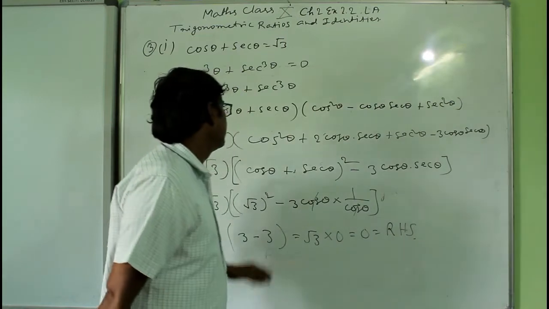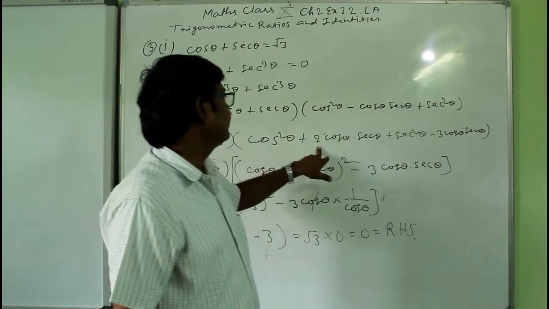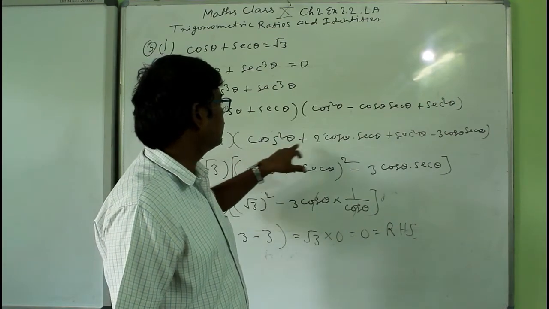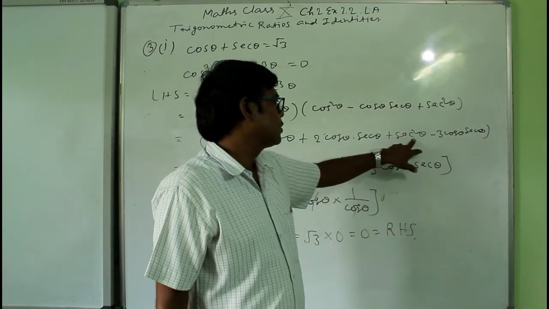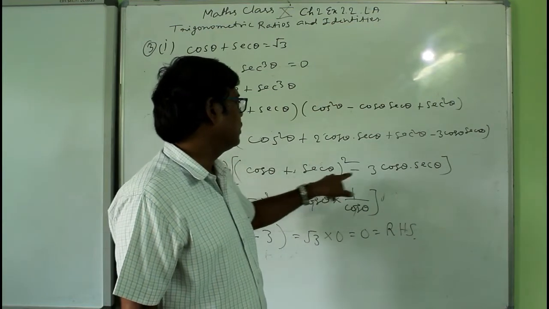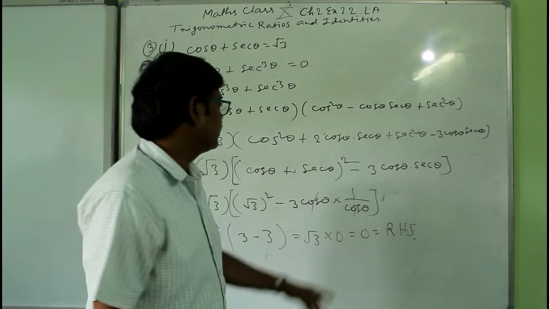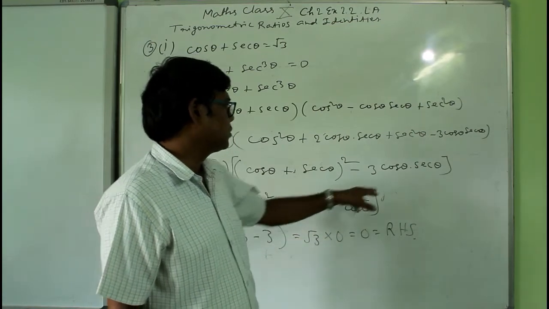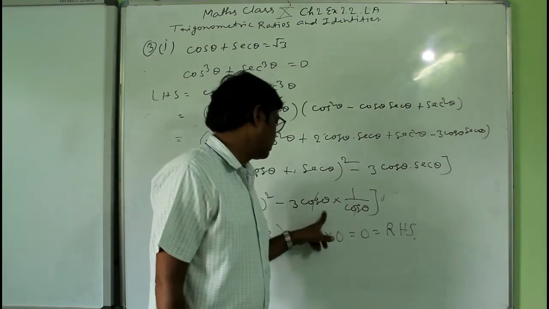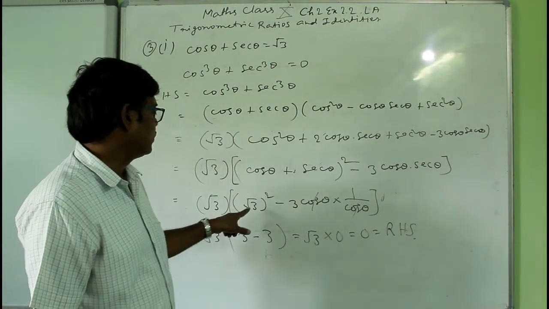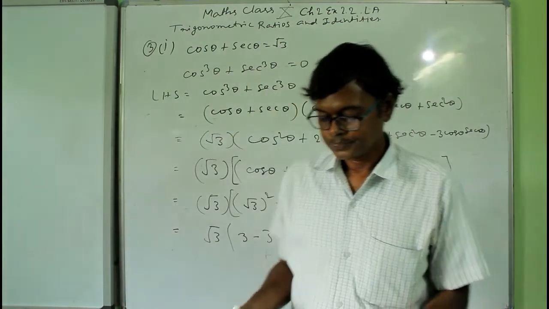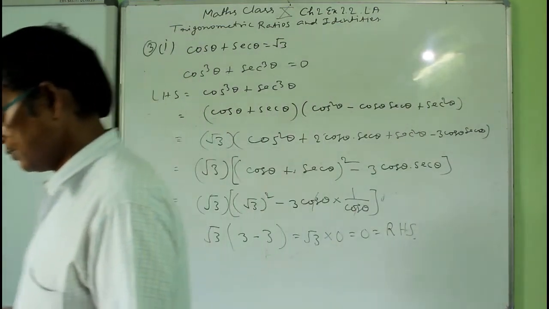Cos square theta plus 2 cos theta sec theta plus sec square theta is equal to a plus b whole square. And because sec theta equals 1 by cos theta, these will cancel out, then 3 is left, and so you get the answer. Then the next question is